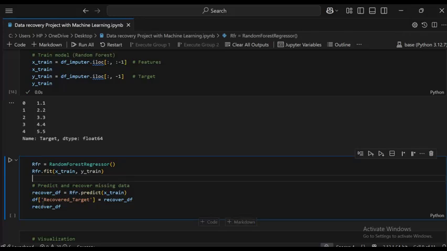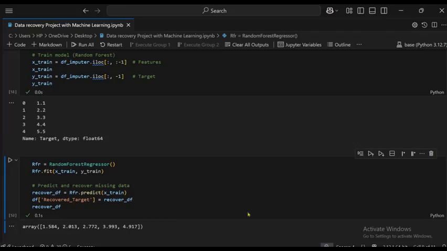And then the next one is recover. This is the variable name, because I want to recover the missing values to fill them. So it is rfc dot predict, which we want to predict, x train, and then df dot recover target. This word recover target is used as we use the columns, so it is a name which we remember. So df dot recover underscore target, where we pass the df recover underscore df, then print the recover dot df.